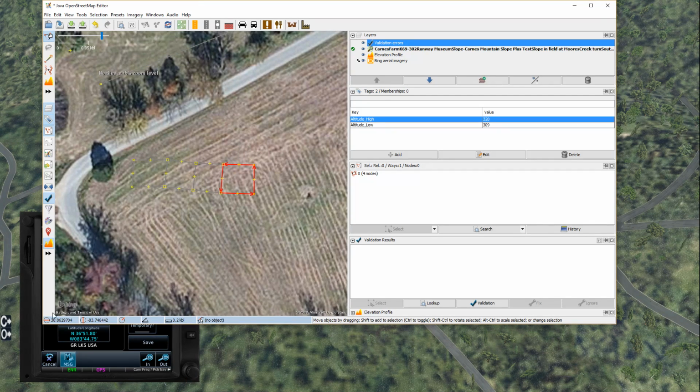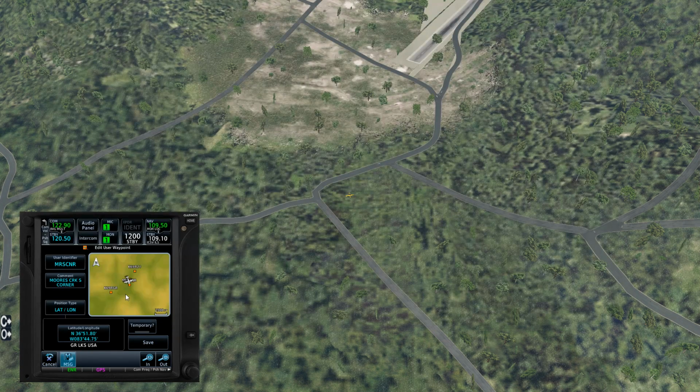You can see that that place is 36.8633 373 and 86.7461242. I have set it as a place in my GTN 750 called